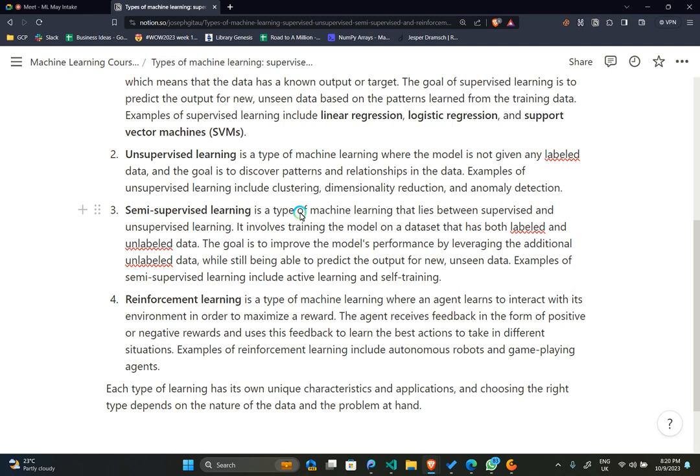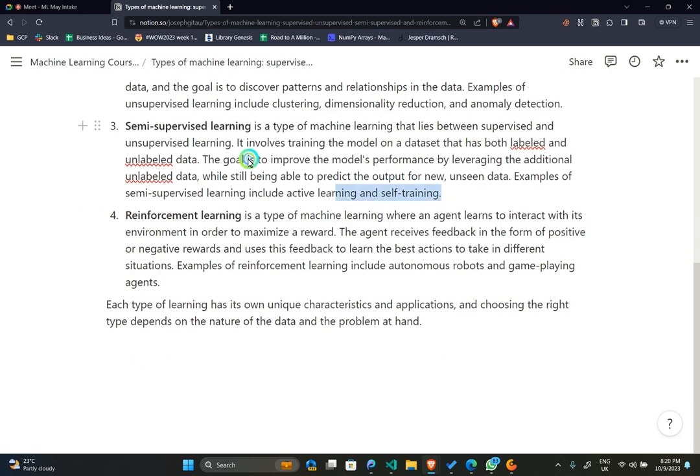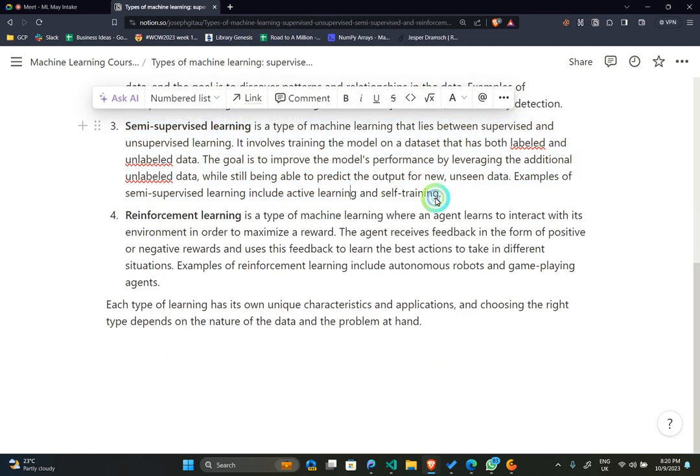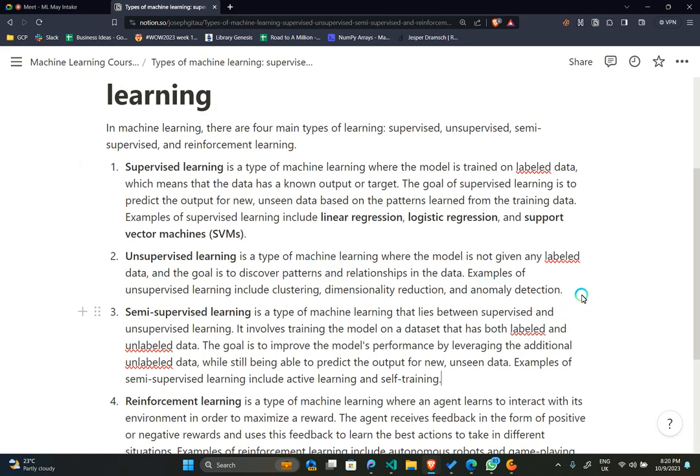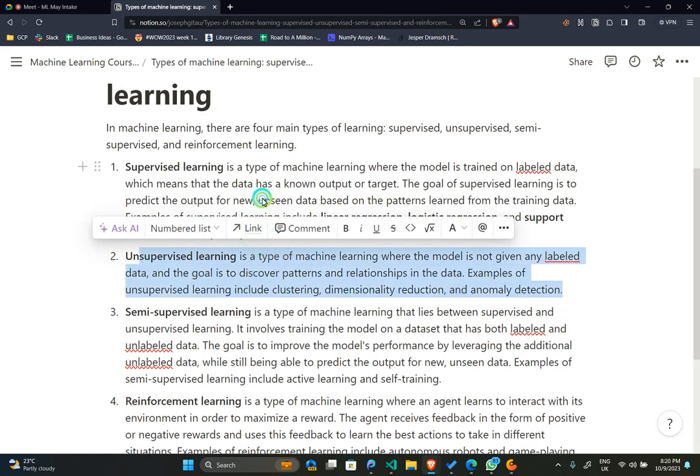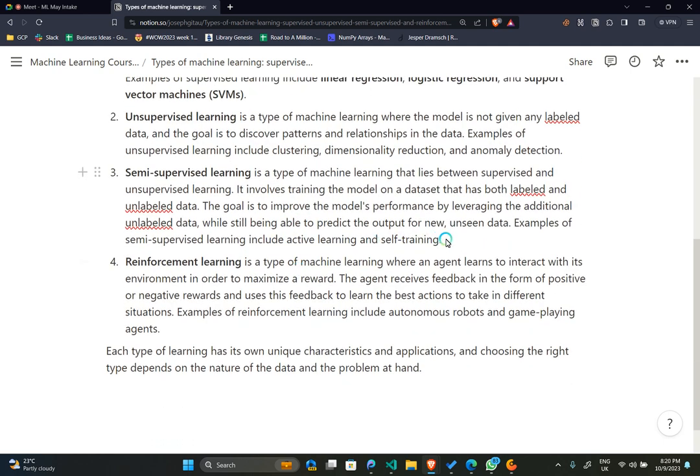The goal is to improve the model's performance by leveraging the additional unlabeled data while still being able to predict the output for new unseen data. We won't be looking at this because most of the time we usually use unsupervised and supervised learning models,